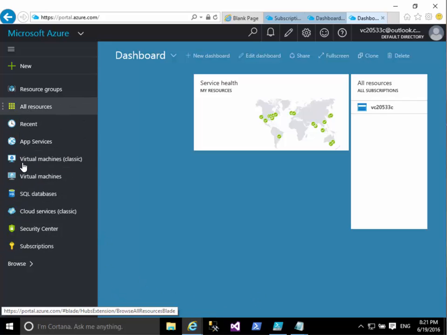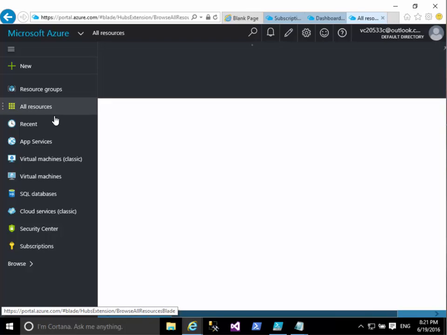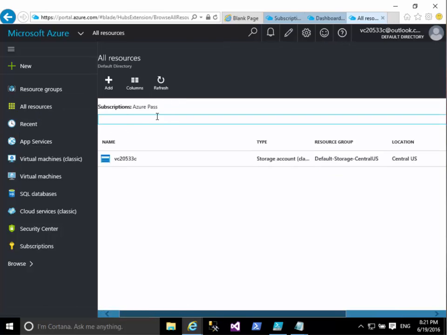So whenever you click on, for example, let's create a new resource. Actually, you know what, let's go to all resources, and you'll see that it starts to fill the main area with information. And we do have a storage account. You can see the one we created in the classic portal shows up here, and it does indicate it's a classic provisioned storage account. So if I click on it,